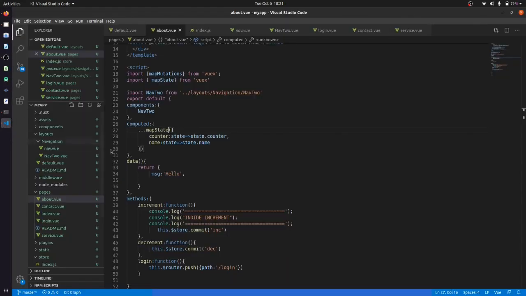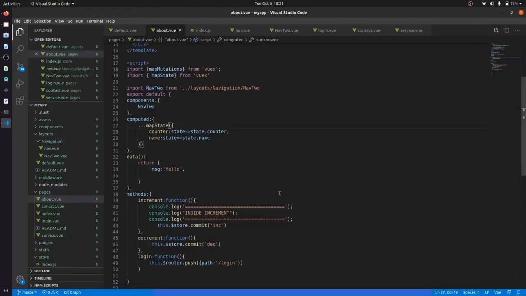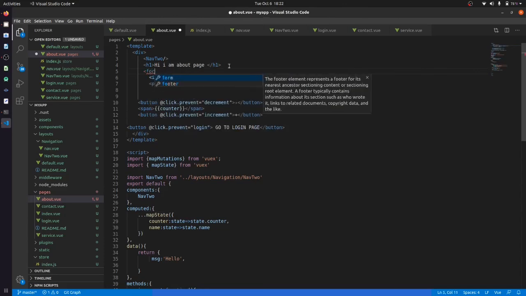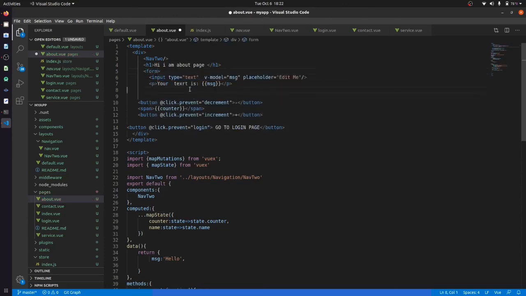What I will do now, you can play with this code. We will wrap everything in a form, and form @submit. Before that submit, I'm going to give it a prevent, not passive, prevent.